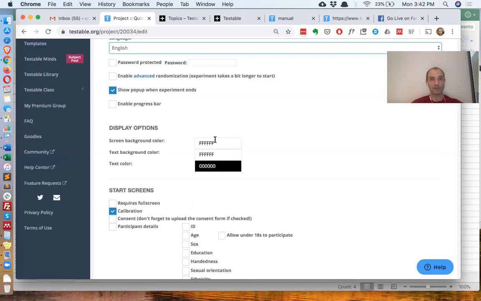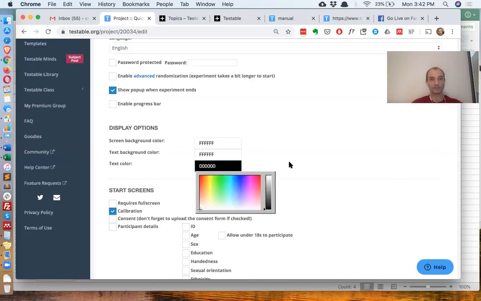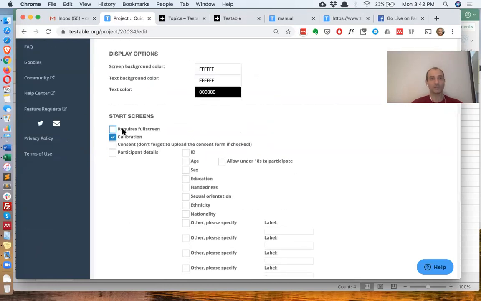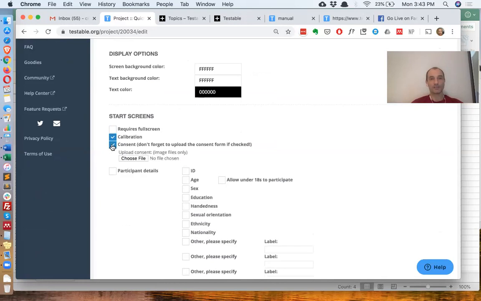You can change the background color of the screen. You can change the text color here. You can require participants to do the experiment in a full screen. You can get rid of the calibration screen if you don't like it at the start of the experiment. You can present a consent page at the start, but then you would need to upload also a file containing your consent